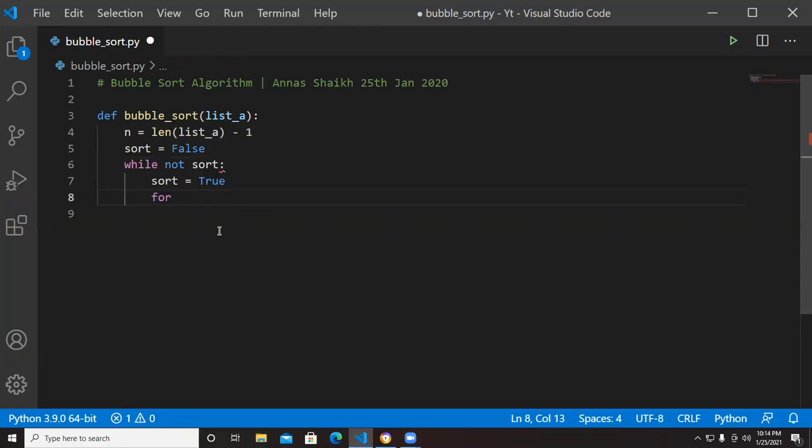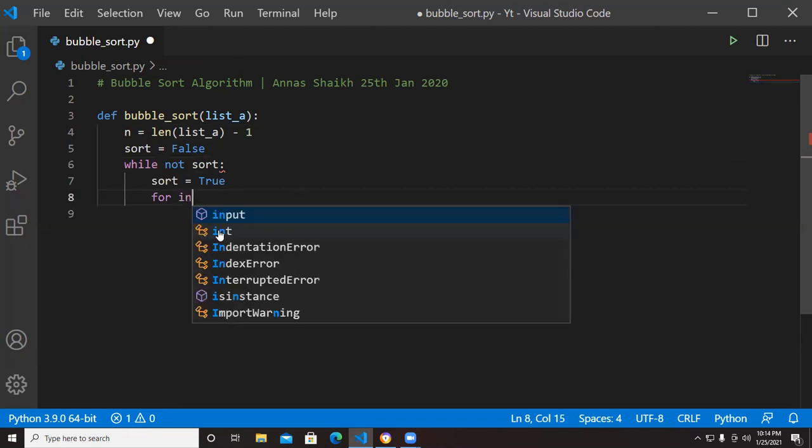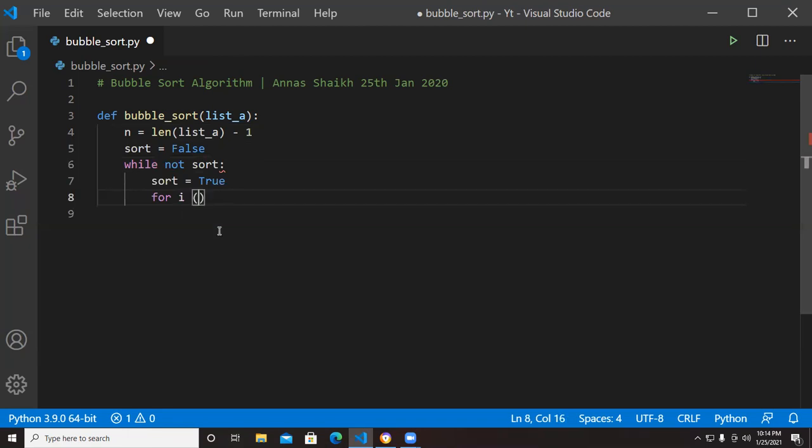If I want to loop over each element, I want to know the current index of an element, which will be 0, and then n.